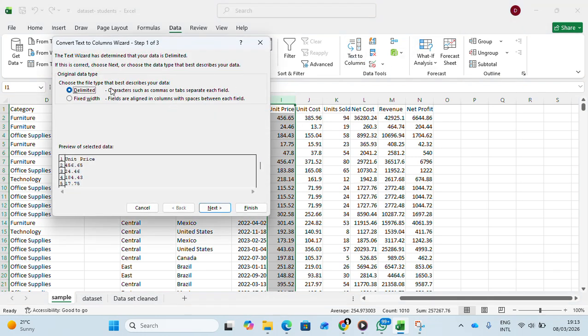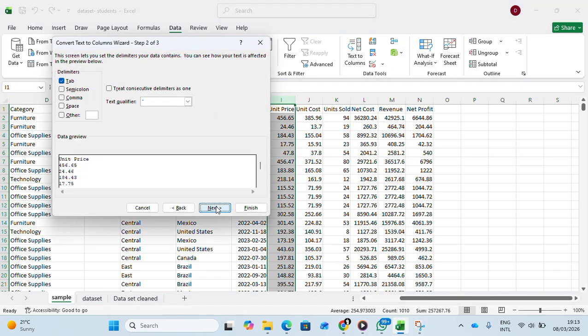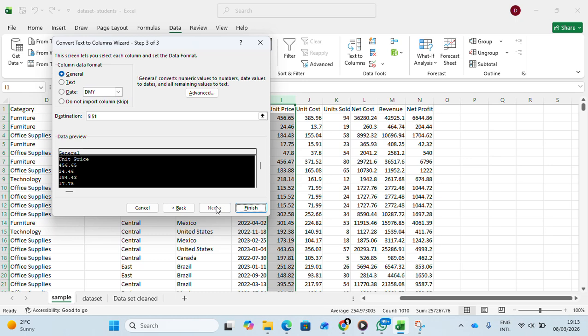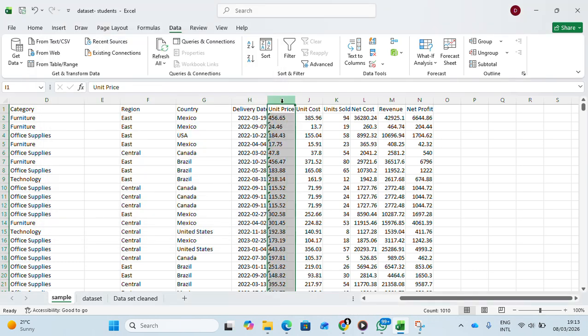Okay, leave this unchecked, also this one unchecked. So this one right now is in general. But you can come and change it to text, change it to any data type that you want to use. Then I'll first change it to this. If you change it to this, it looks like this. So if you want to